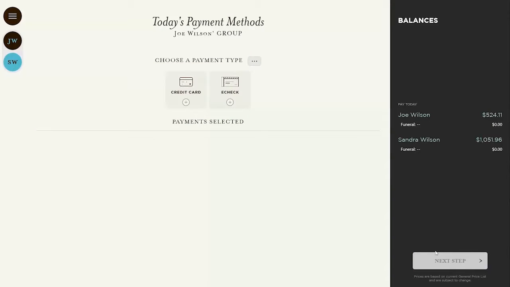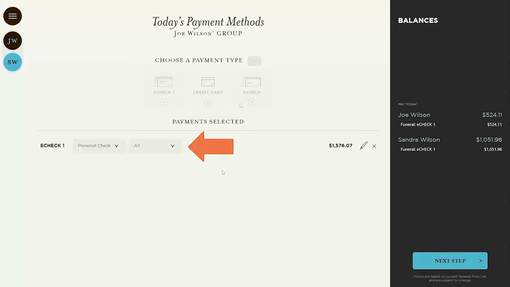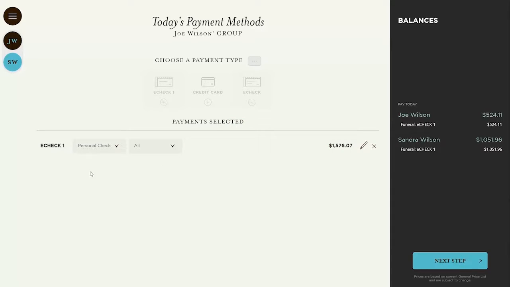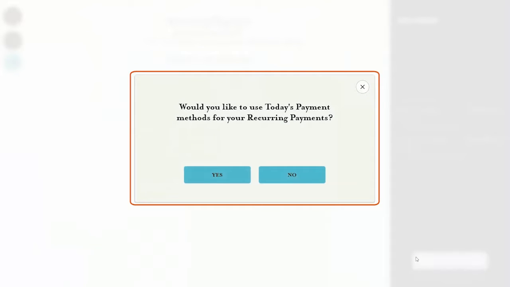Today's payment method also has a couple of enhancements. The first enhancement is the drop-down that allows you to select all or to select the individual funeral plans for each payment type. Now, since I have selected eCheck, I will continue on, and you will see a pop-up screen